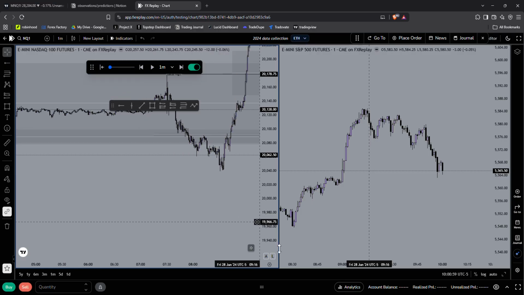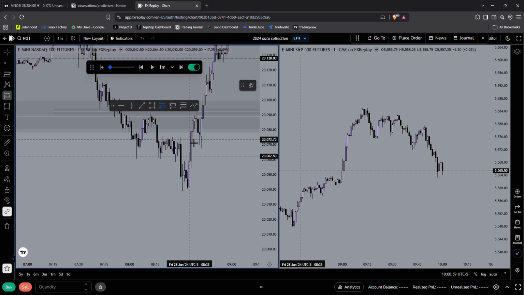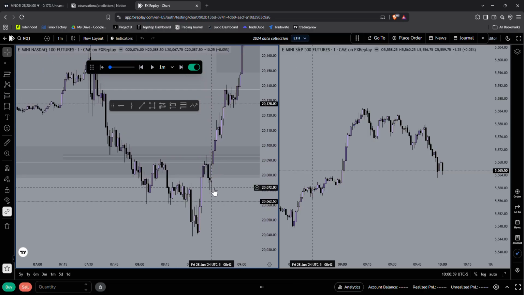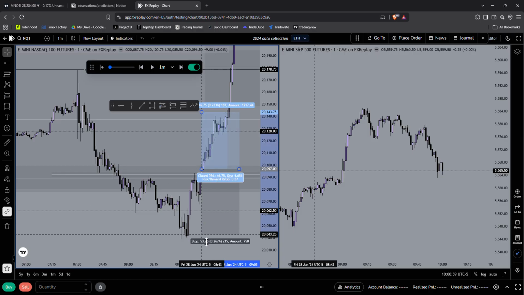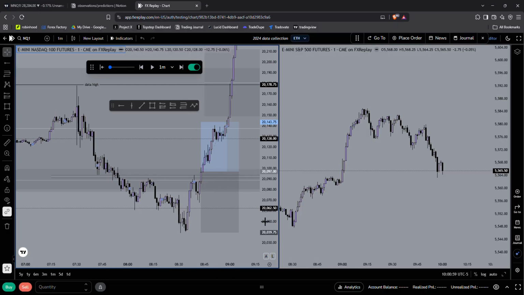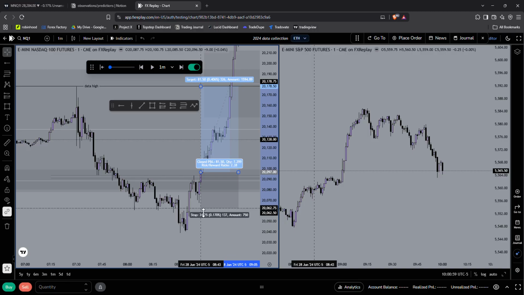Okay, no, we don't want to go higher. Damn. How could I have gotten a trade to that data high? The only trade I see me taking is the CISD. I don't enter on CISD though. Or since you broke out of this range, well, no, because then we tapped this gap, got into this 1 minute, and respected it. I guess this would have been very discretional if I took that.